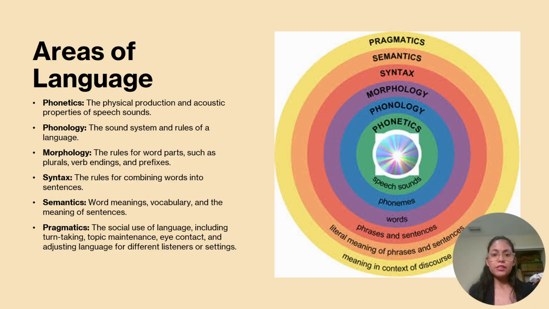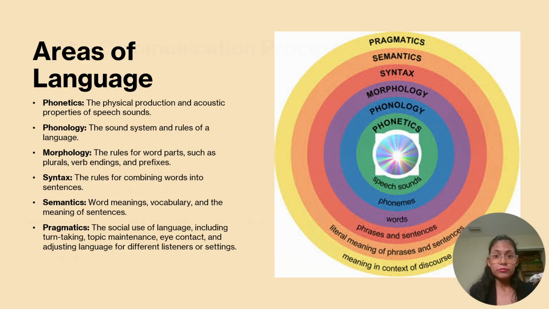Next, let's talk about the areas of language. First, we have phonetics, which is the physical production and acoustic properties of speech sounds. Next, we have phonology, the sound system and rules of a language. Morphology, the rules for word parts such as plurals, verb endings, and prefixes. Syntax, the rules for combining words into sentences. Semantics, which are word meanings, vocabulary, and the meaning of sentences. And lastly, pragmatics, the social use of language, including turn-taking, topic maintenance, eye contact, and adjusting language for different listeners